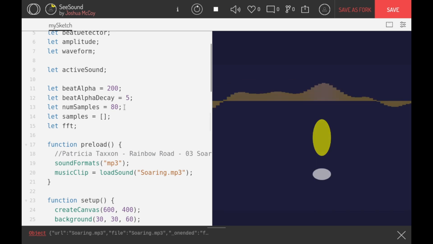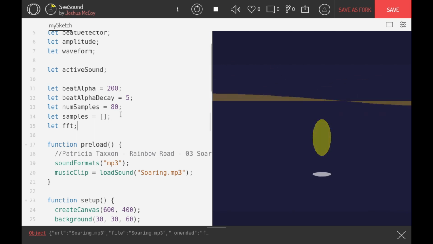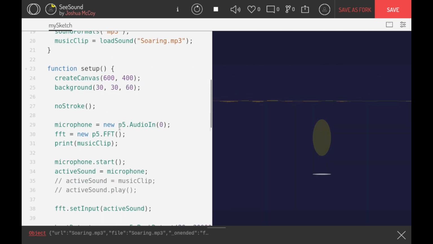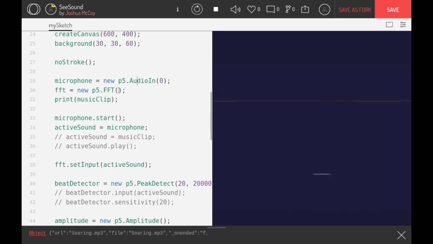We're getting a number of samples that we use for this line. We're making a samples array, and we're also getting a fast Fourier transform, which is the thing that's doing a lot of the analysis for us. Does anyone know what Fourier transforms are? Okay, that's math. Maybe we'll get there. Making a canvas, turning off the stroke, getting our microphone, getting a new fast Fourier transform,